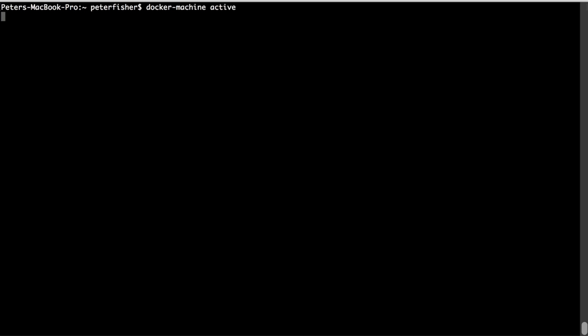Now this should hopefully bring back how to code well. Yep, so we're in the how to code well Docker machine. So any image that I pull down here will be against this machine, or assigned to this machine, which is pretty handy. So what I can do is